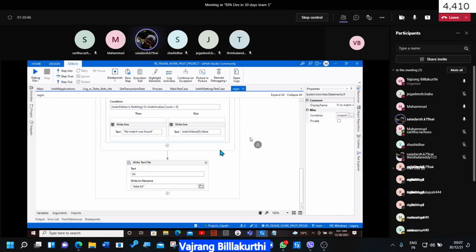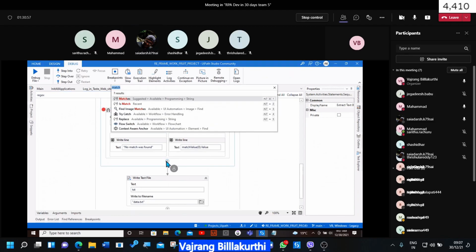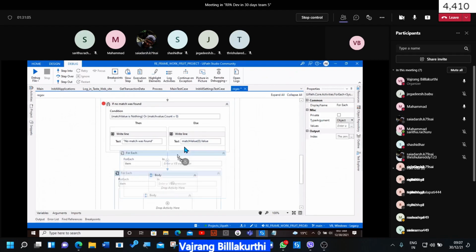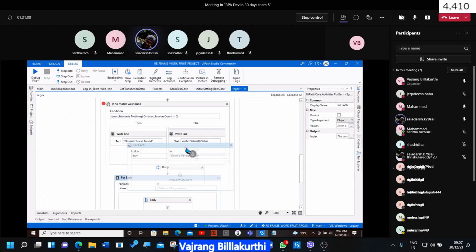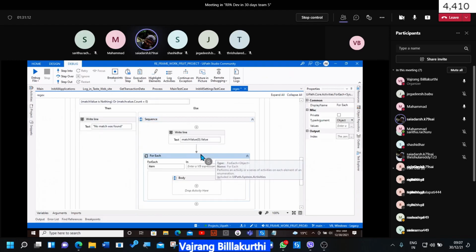For each. Yeah. So if the match value is nothing, or match value dot count equal to 0, then this, or else we can add a for each loop over here. So what should be the in argument for each here, since we are looping in? What is the type argument?